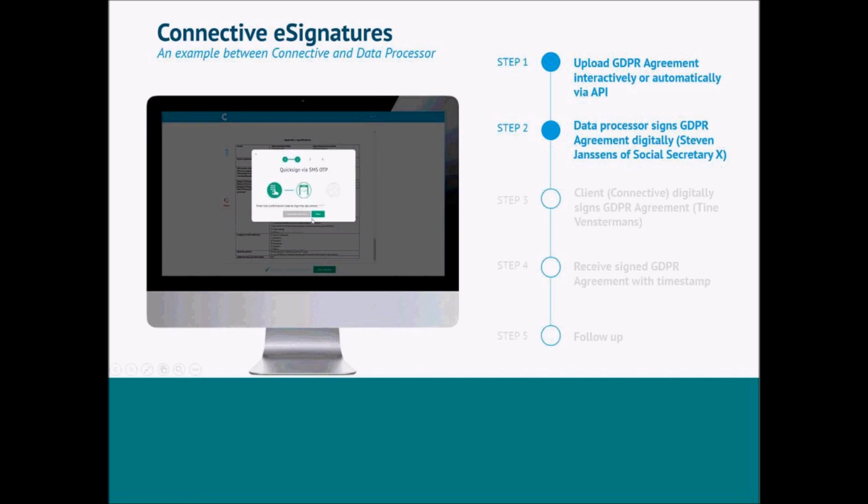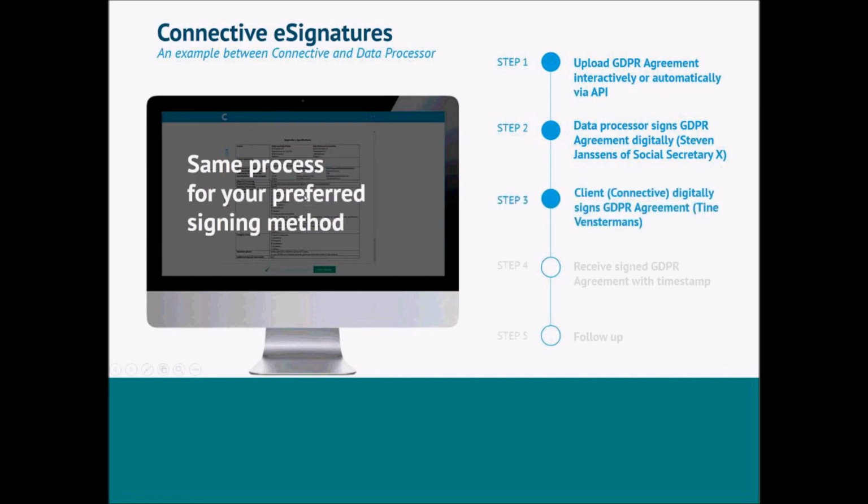Next, he will receive the 6 digits through his cell phone via SMS and will enter it. And that's it, as simple as that. The document is signed by Steven. Same process for the preferred signing method by Tine, and both will receive an email that they both signed the